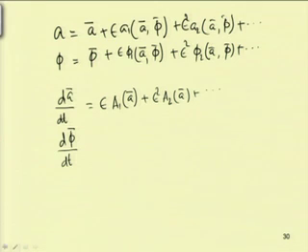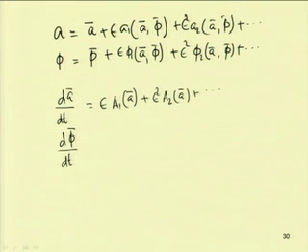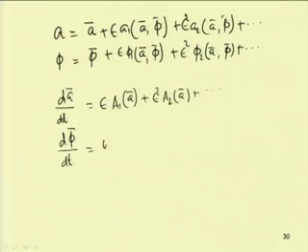If you substitute in this equation, the first term will be omega 0, so it will be equal to omega 0 plus epsilon b1, which will be a function of A bar, plus epsilon square b2,